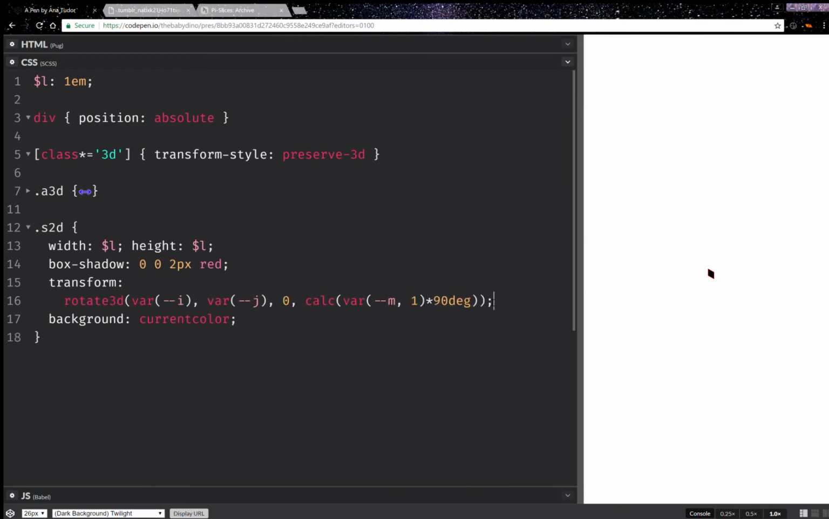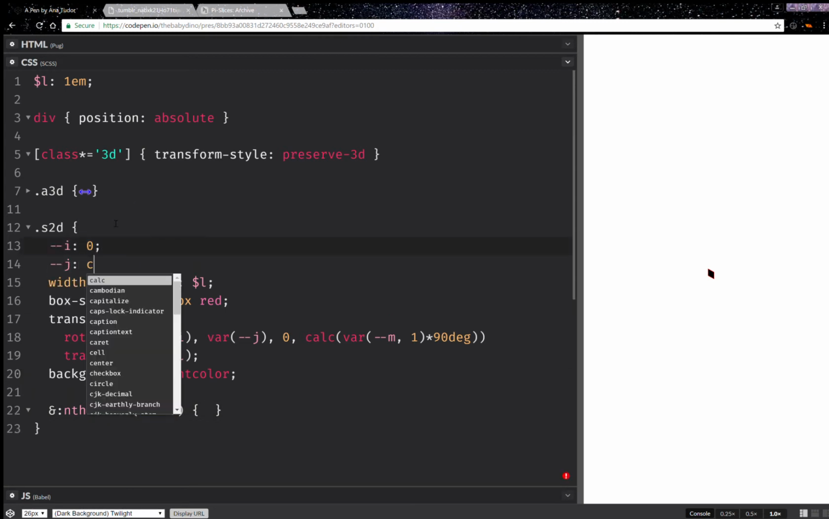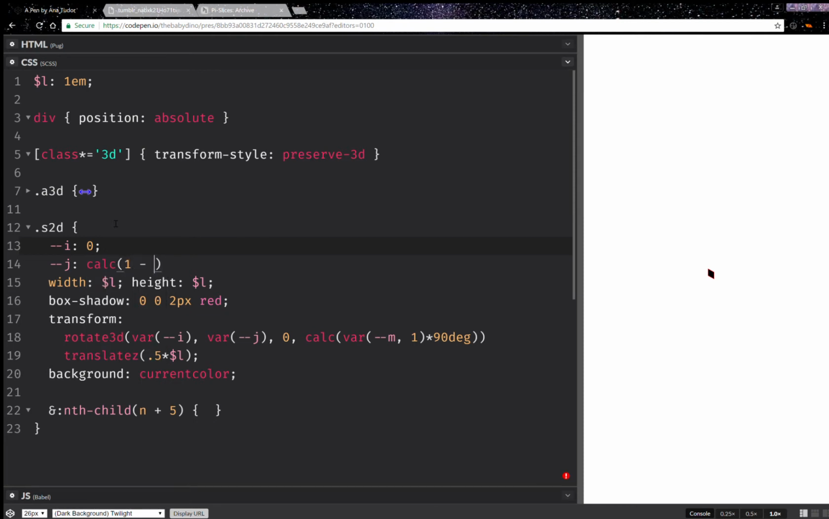Now the next thing, here I'm going to have translate along the z-axis, and this is going to be by half the edge length. So yeah, next I'm going to have nth-child n plus 5. Here I'm going to change the axis. So first of all, this i is going to be 0, and j is going to be calc 1 minus i. Okay, so here I'm going to change i to 1,